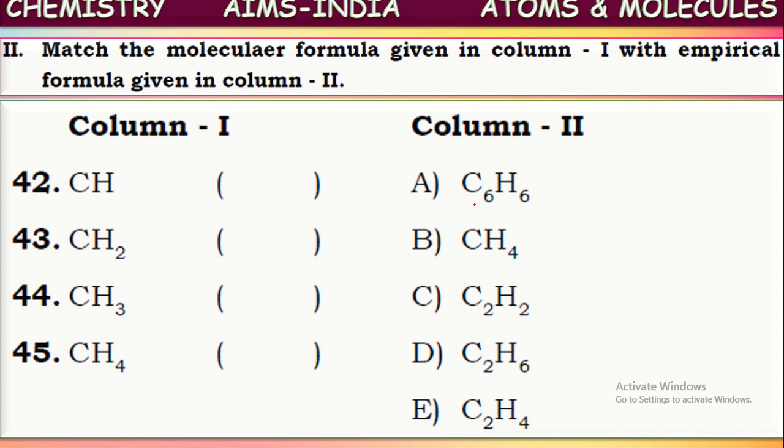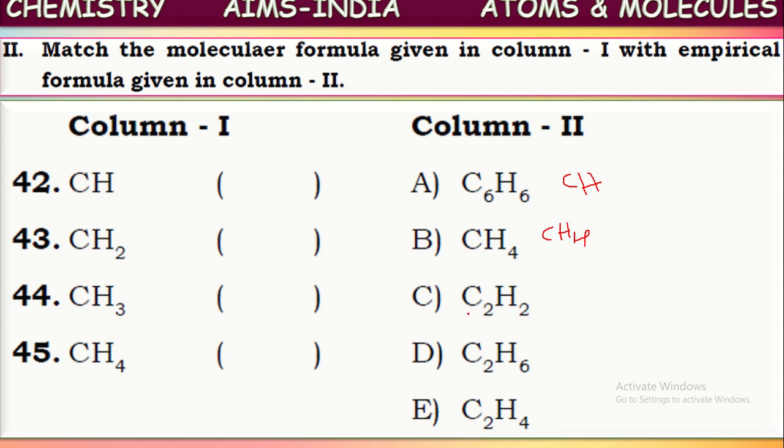See the first one, C6H6 is the molecular formula. If you remove the highest common factor, 6, you get its empirical formula as CH. So for this the empirical formula is CH. What is the empirical formula of methane? As there is no common factor in the number of atoms, the molecular formula itself is its empirical formula also.